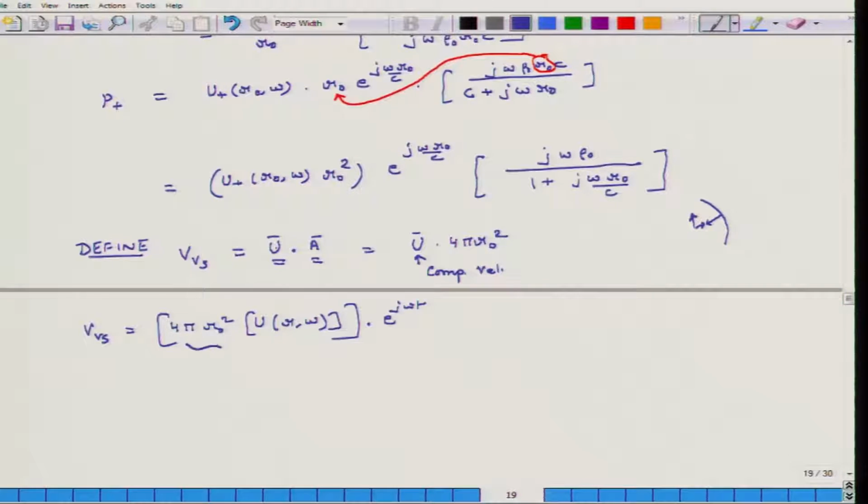Now, this term looks very close to this term, except that in the red term, there is no 4 pi. So, let us call this equation A and let us call this equation B, and I say that comparing,